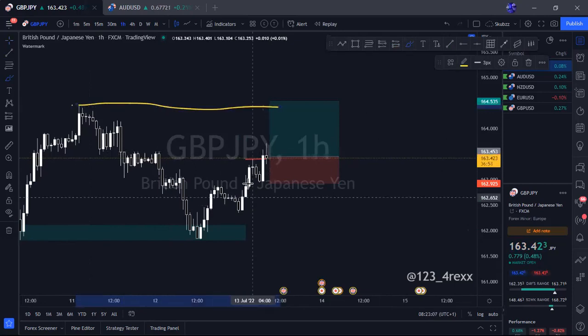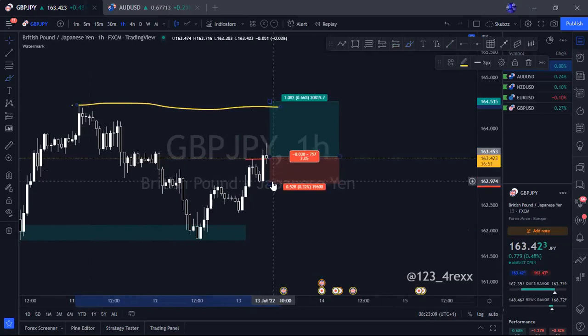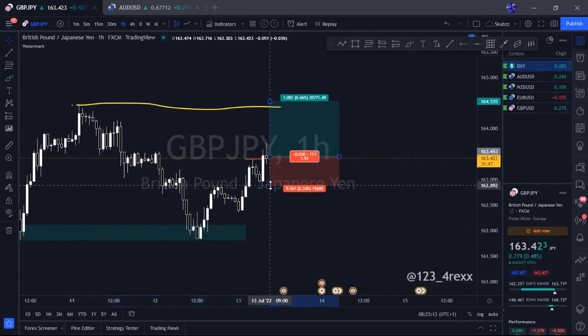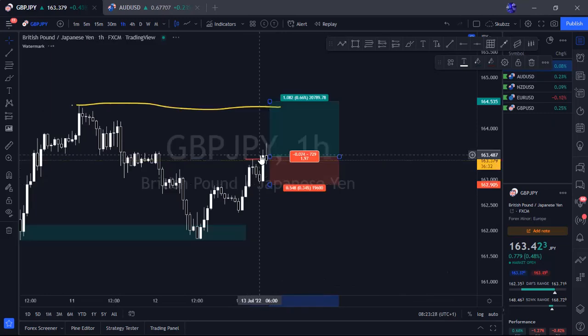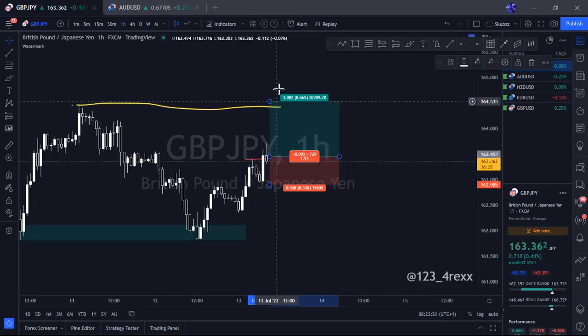Or for today you can just watch it, because this is GBP JPY, it's a cross pair. I don't trade it, but if it was any of my pairs, this is how I'll trade it, because I have a short retracement, and then I have a break of structure to the upside. When I have short retracements, that's how I enter it. Enter at the close of the first candle that breaks, and then target 2RR.